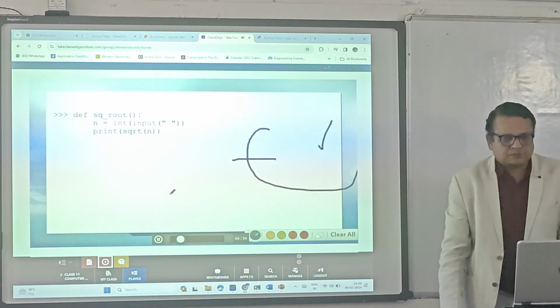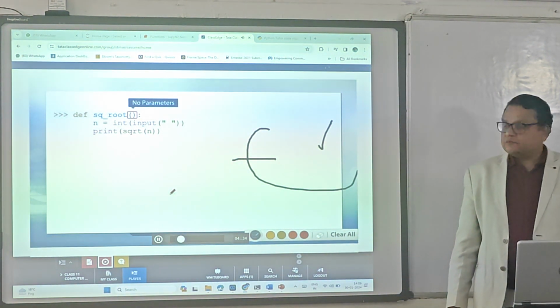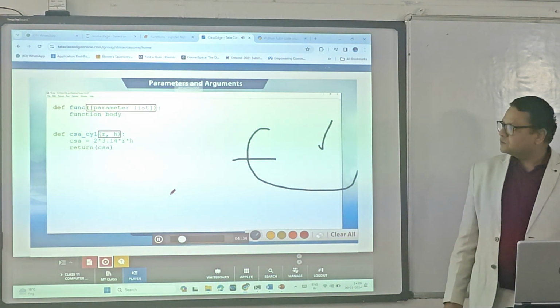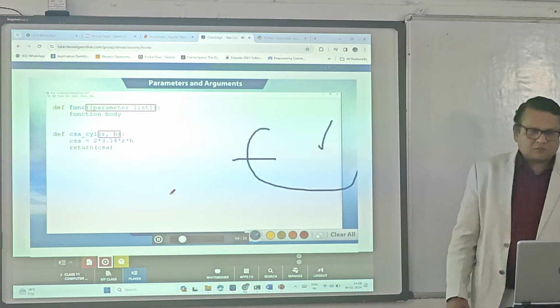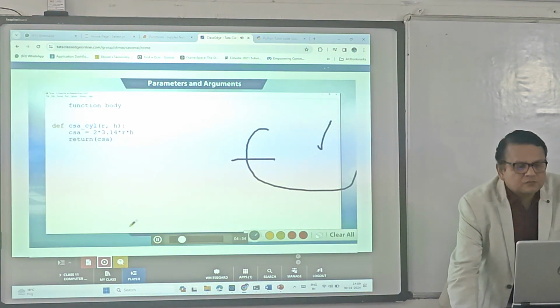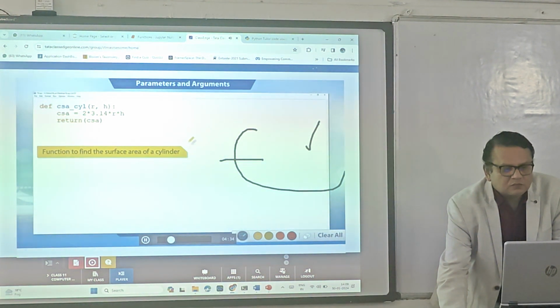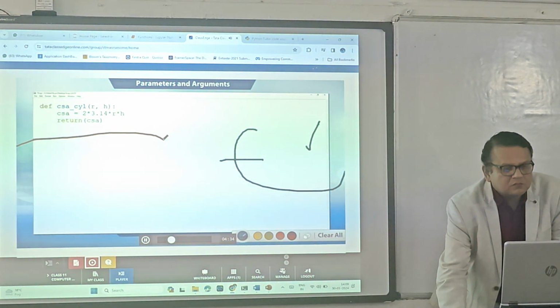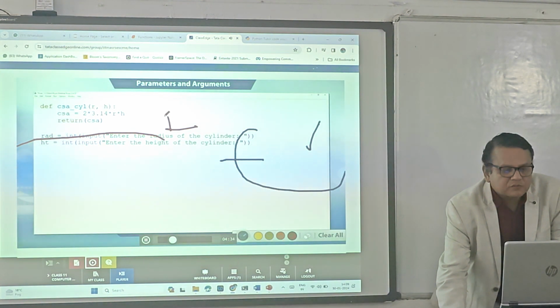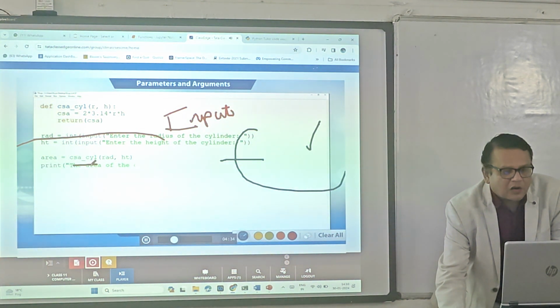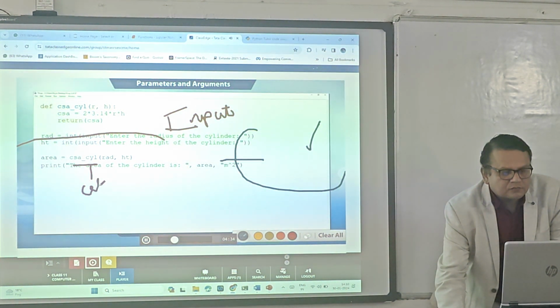The square root function did not have any parameters. A reminder, parameters are the variables that we write in the parentheses of the function declaration. For example, we earlier wrote a function to find the surface area of a cylinder. Then we wrote instructions to input the radius and height from the user. Next, we call the function and assign its value to a variable area. And finally, we print the area of the cylinder. Here, radius and height are called